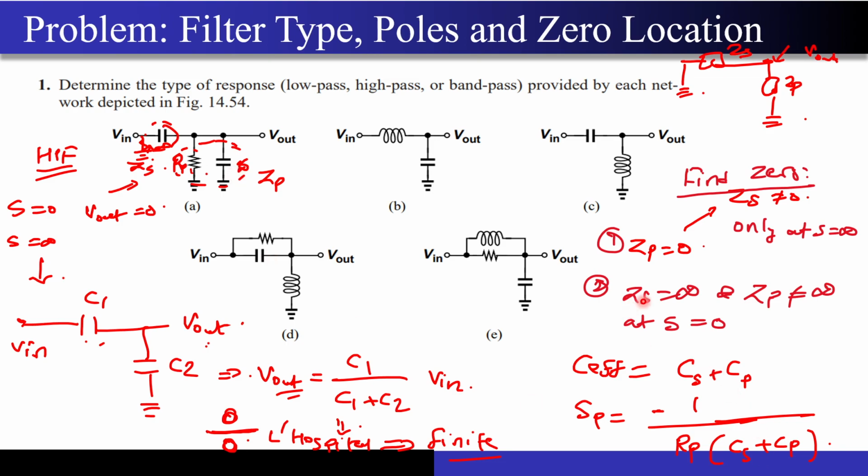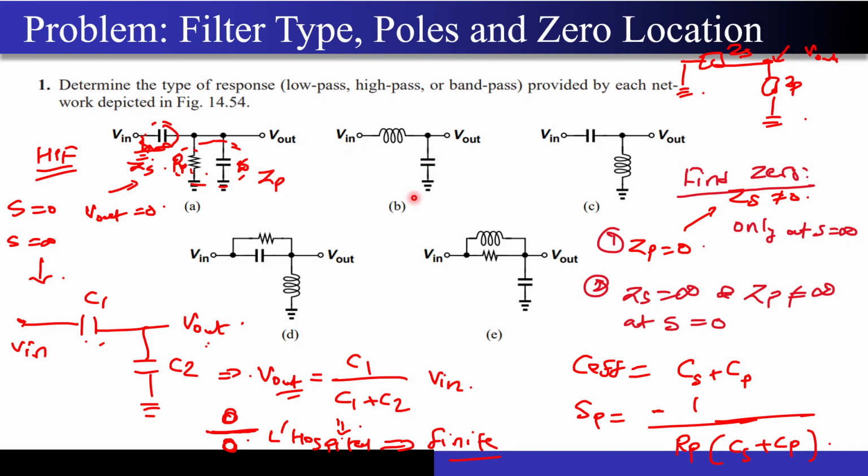Now the next condition is to put Zs equal to infinity. Correct? Can the Zs become equal to infinity? Of course it can become equal to infinity at 0 frequencies, right? But at the same time, is my Zp becoming infinity or not? When you put s equal to 0, this becomes infinity, but you still have Rp over here, right? So you don't get Zp equal to infinity when you have Zs equal to infinity at 0 frequencies, right? So this is a valid 0 that you have, correct? So we got one pole and one 0 for this particular circuit, right? So I hope this particular part is very much clear.